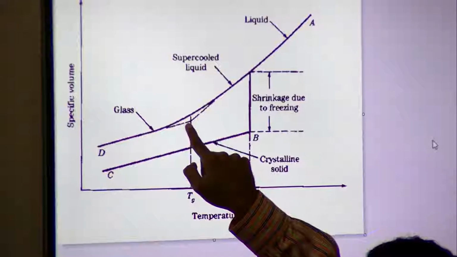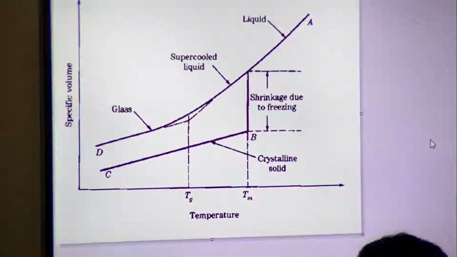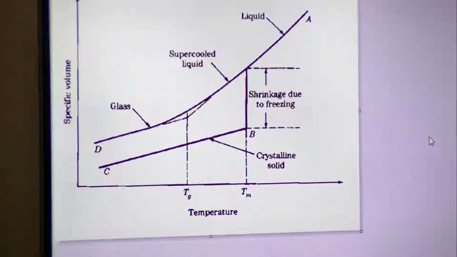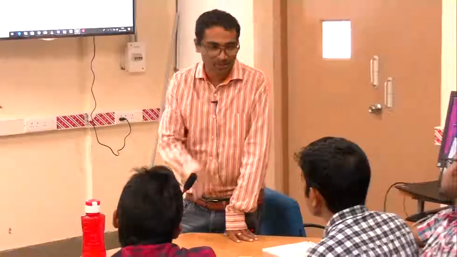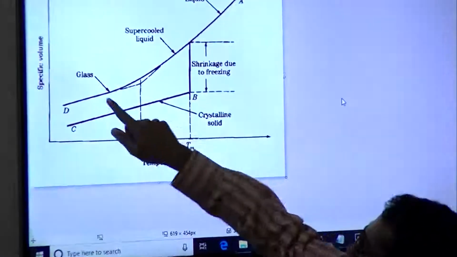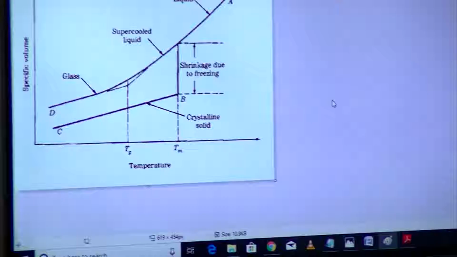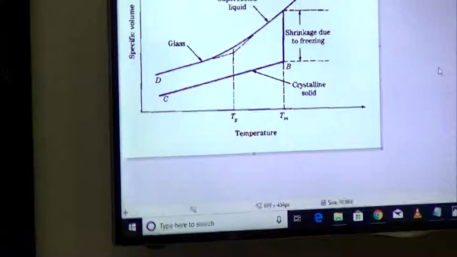You extrapolate the curve here, extrapolate the linear portion of the curve here, and you would actually get TG. So the extrapolations are very funny because there is always a wee bit of subjectivity associated with it. Those of you who have done some kind of graphing would always know. I hope you get the point. It's when you extrapolate this linear part and this linear part that you actually get the TG. And let's look at some more aspects.